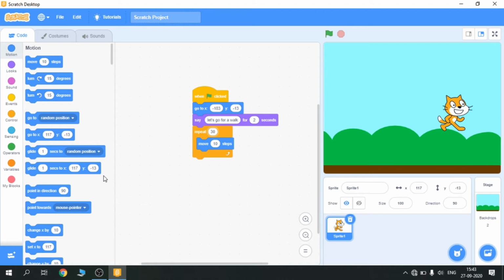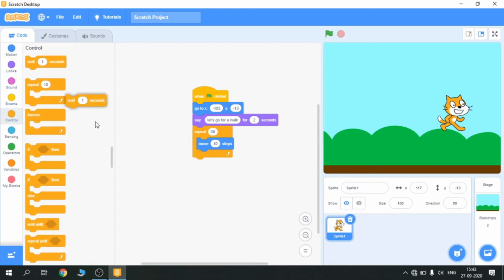Now I want the cat to say, you want to see magic. So I'll put wait 1 second.